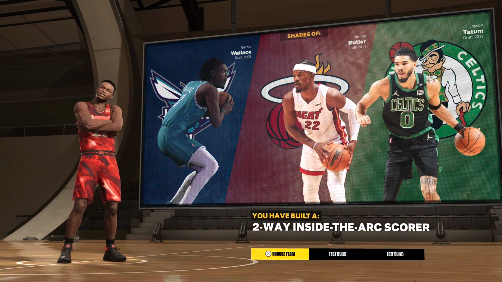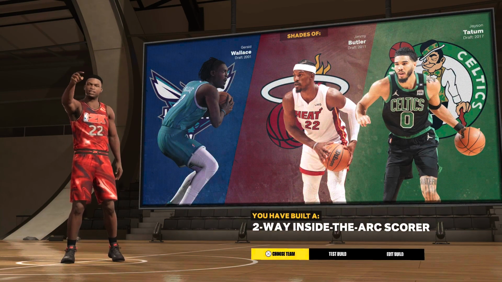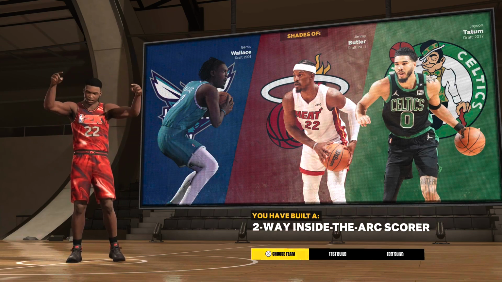Now, the name of the build is a two-way inside the arc scorer, but as we know with the 73 ball, you are an inside the arc scorer, but you have the ability to knock down the 3 ball if you really want to. Now, as I said before, I am going to show you some still images of how